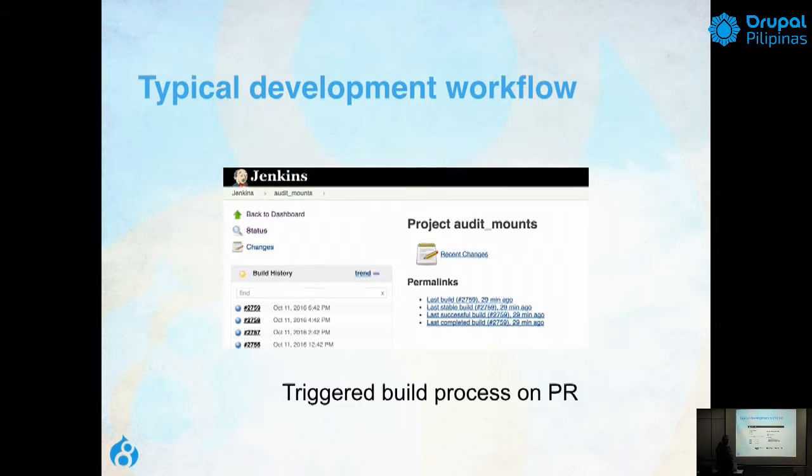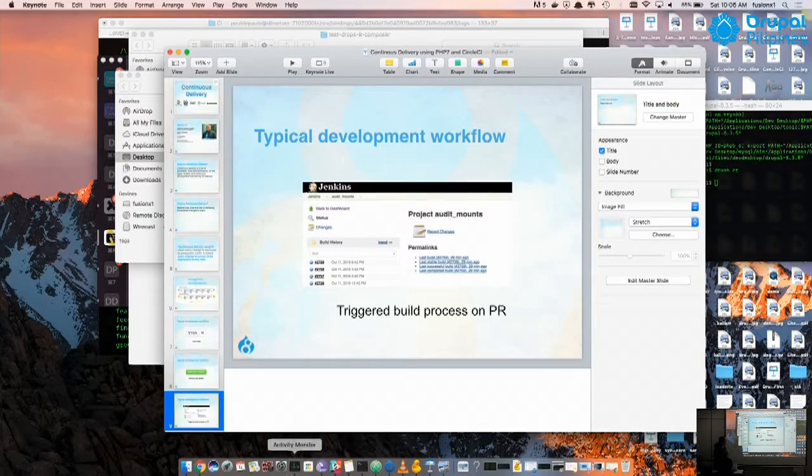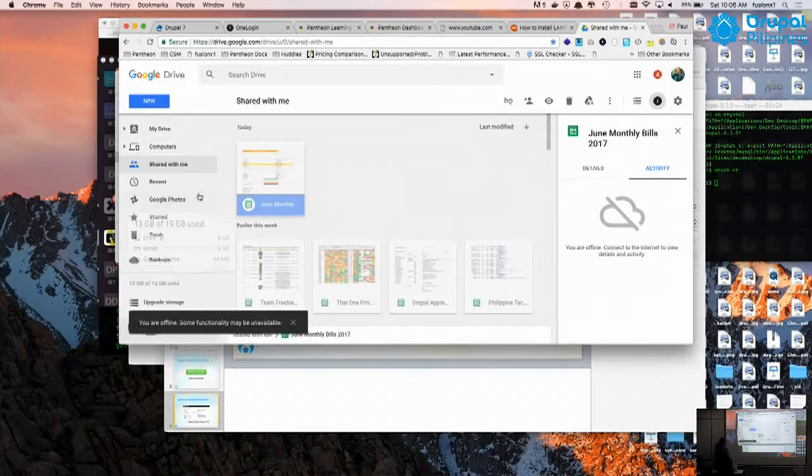It has a lot of plugins. It basically triggers the build process upon submission of your PR. Because, of course, if I submit a PR, let's say,